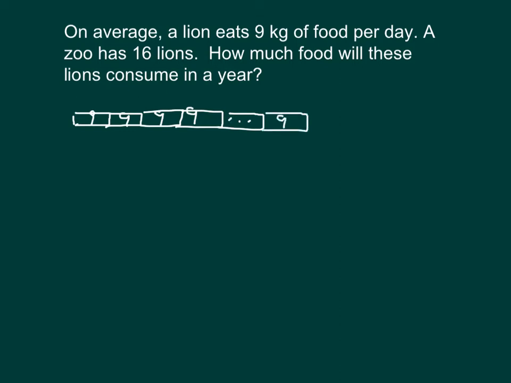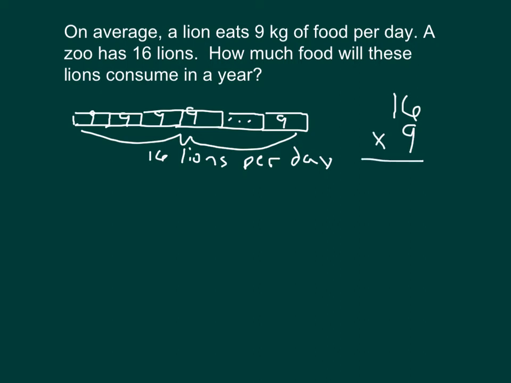So go ahead and make a tape diagram there. That's 16 lions per day, though. Oh, per day. And so over 16 lions per day, that means per day for food, I'd have 16 times 9. And 16 times 9, that's 4, 5, 9 plus 5 is 14, or 144 kilograms of food per day for